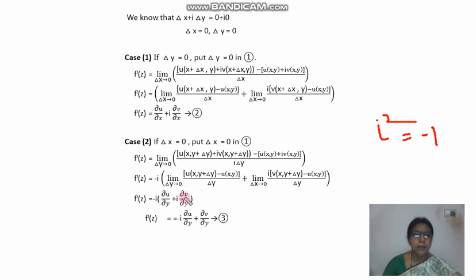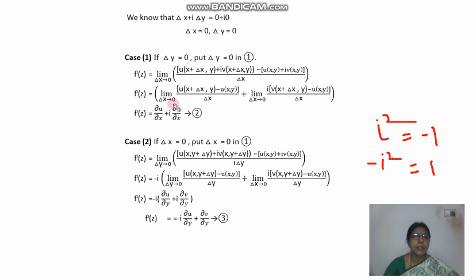Here it is minus i square, minus i into minus i. What is minus i square? Automatically minus i square is plus 1. Now you see here the first term minus i dou u by dou y as usual, minus i into i, minus i square means plus 1. So plus 1 not mentioned, only, plus dou v by dou y.